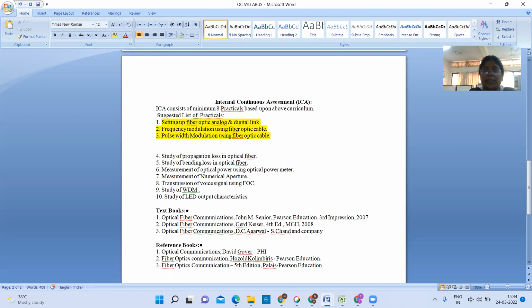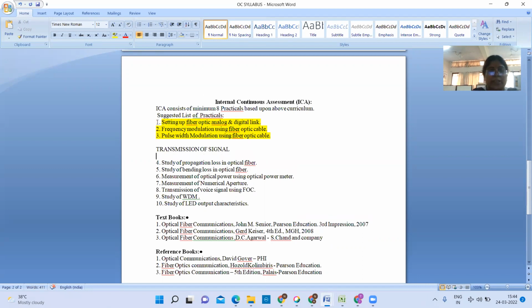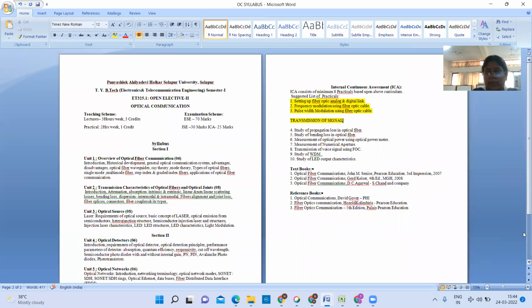We are transmitting the signal through fiber optic cable, either analog signal or digital signal, either frequency modulation signal or pulse width modulation signal. So the first three experiments are based on the transmission of signal. Then next, if you see this fourth experiment,